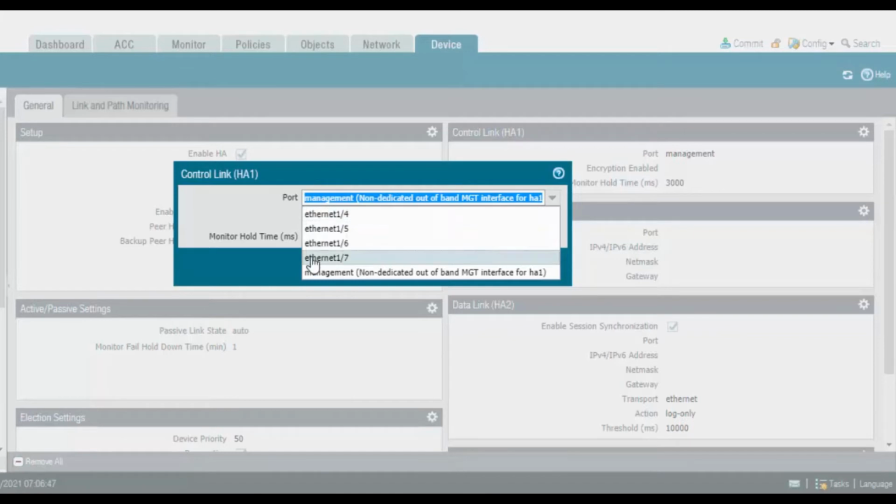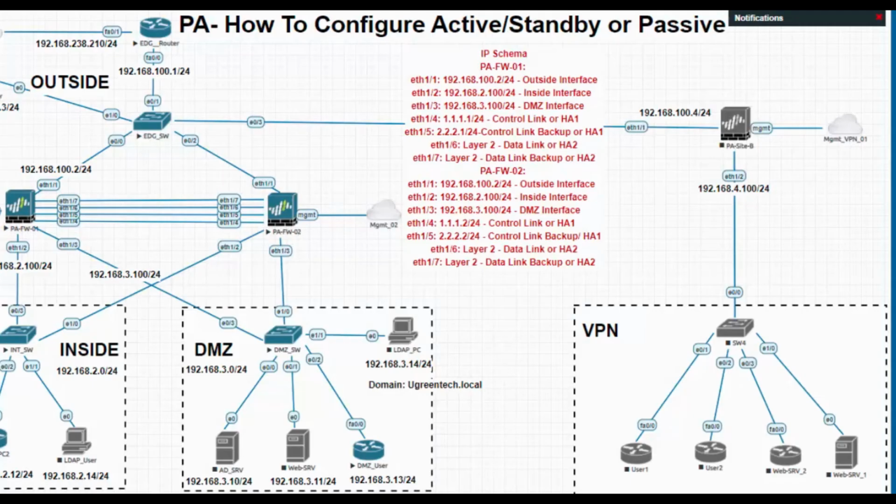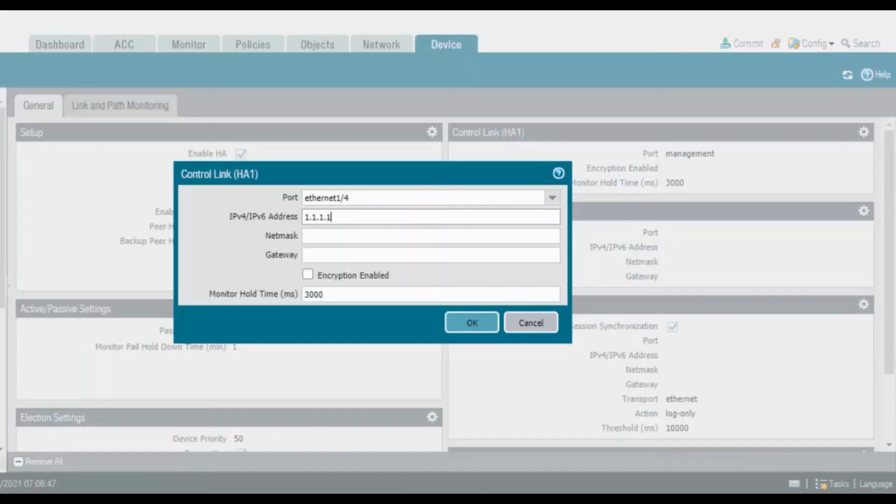I will select 1/4 and the IP address I have given is 1.1.1.1. The netmask is /24, 255.255.255.0, and there is no need of a gateway. And the monitor hold time is 3000 milliseconds.